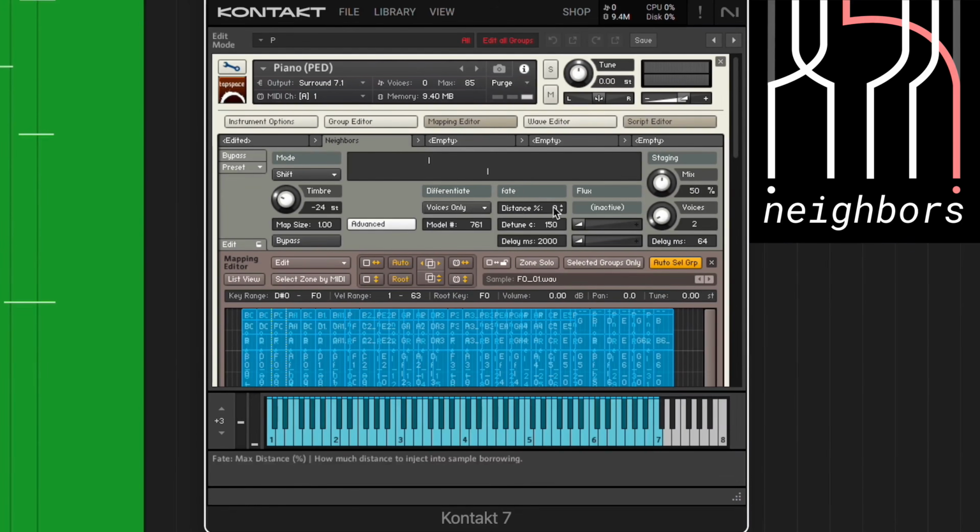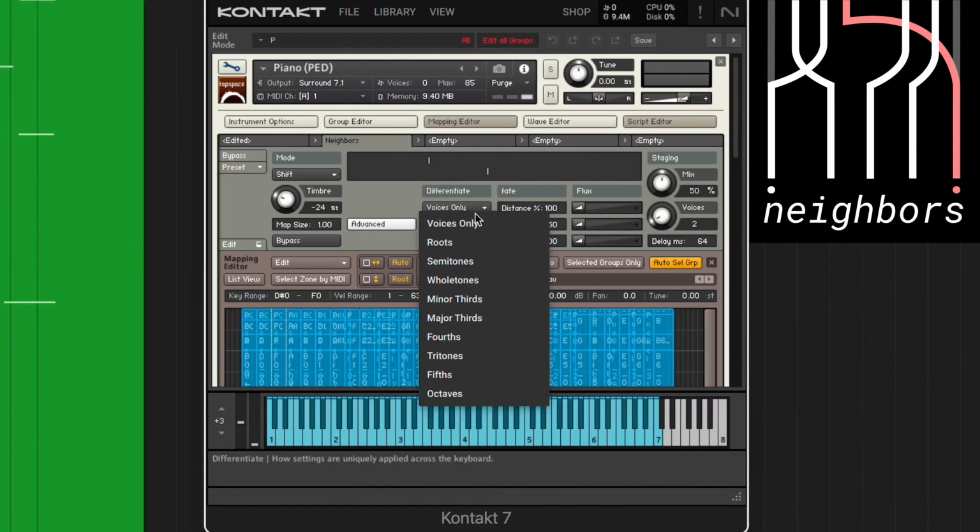And then we'll do the same thing with distance, which basically has to do with how far away on the keyboard we're going to borrow from. So we're using this as our baseline, this -24, but then this is going to add more distance between those choices. So you can see that we're now borrowing from a different spot. If I change this from voices to semitones,